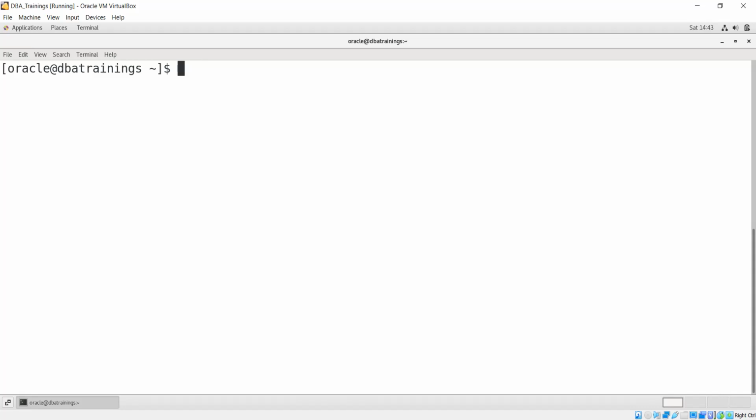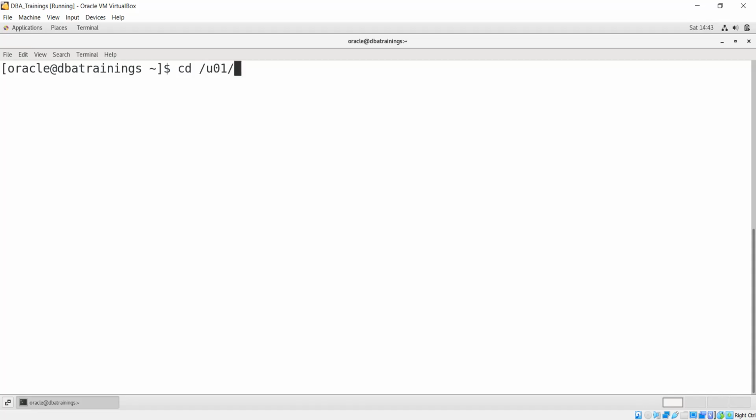By default, it will automatically pick up the Oracle home location from where you have unzipped your database binaries, or in other words, from where you are calling the OUI. I already extracted it into my home directory because I don't want to put it in some different location. Later on, we will delete it.